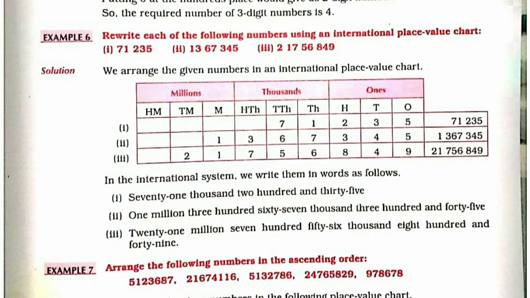Here in the first part 7 is coming in 10,000 place and in 1000 place 1 is there, so we will directly write 71, and now the 1000 family is going to finish, so one time we will write thousand. Now 2 is in the 100 place and 3 is in the 10's place, so we will write 235, and the same procedure we will apply in the question also.